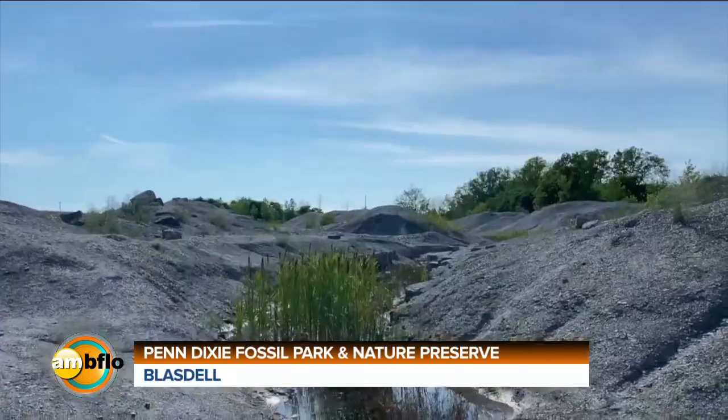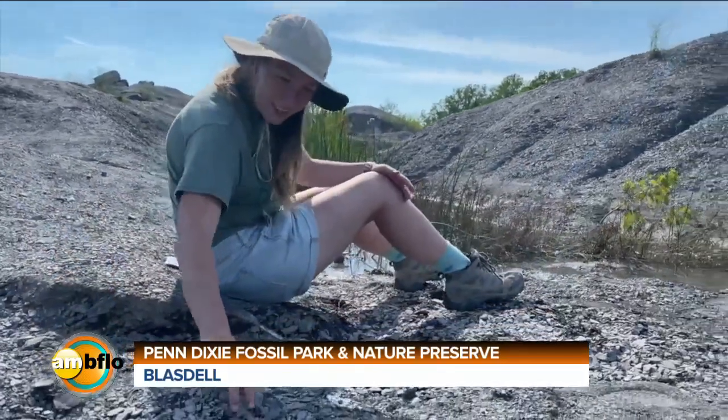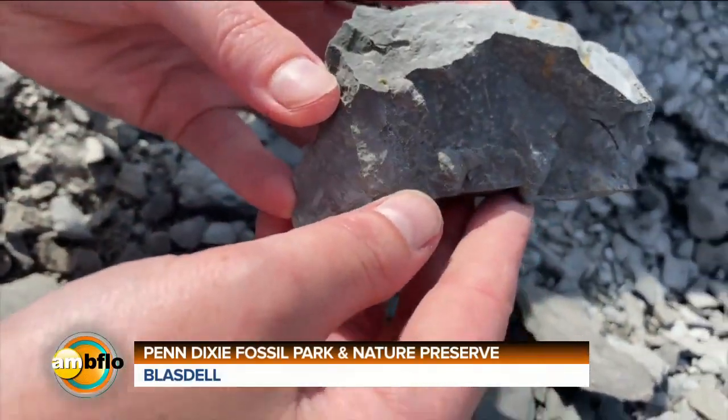We have brachiopods, which are like a shellfish animal, which are still alive. We just don't have nearly as many anymore, but you can still find them in deep, cold waters off of like Washington State. We have corals, just like you'd find in most coral reefs, but our most common one is